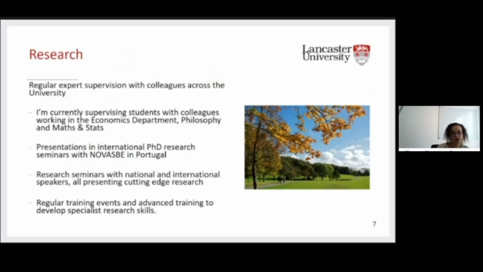There is a collaboration between Lancaster University and Nova University in Portugal, and we have very strong links with our colleagues working in health economics at this university in Portugal. So our students present in this seminar, and then they get feedback and a discussant from Nova's students in Portugal, and they also become students. They also have the role of discussants when we have students presenting from a Nova PhD